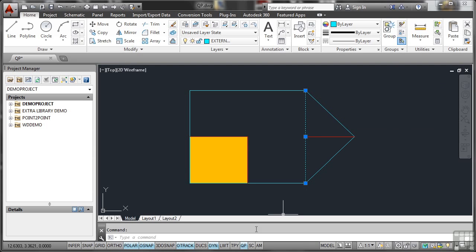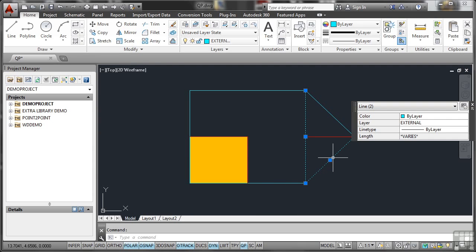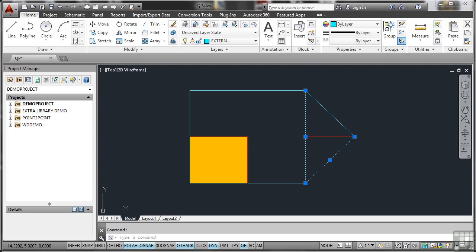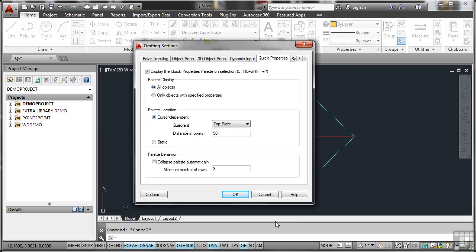But if you leave it switched on here, as soon as you click on any object, that Quick Properties comes up. So you have to go over here and close it again. I'll just hit Escape there to deselect those two lines. Now, Quick Properties does have some settings. So if I now right-click on QP and go to Settings on the shortcut menu,